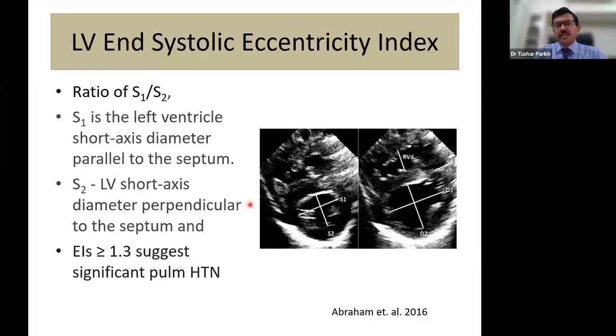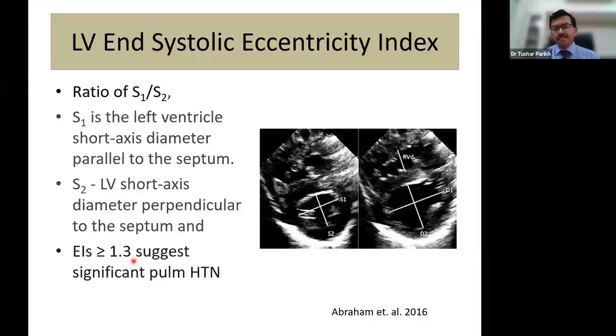So there is something called the left ventricular end systolic eccentricity index. Now, if it is getting too complicated, I will just tell you to ignore this because this is one more index. But the idea here is that at the end of systole in the left ventricle, you measure the length parallel to the interventricular septum versus the length perpendicular to the interventricular septum, and divide them. So here S1 divided by S2, if the ratio is more than 1.3, it indicates